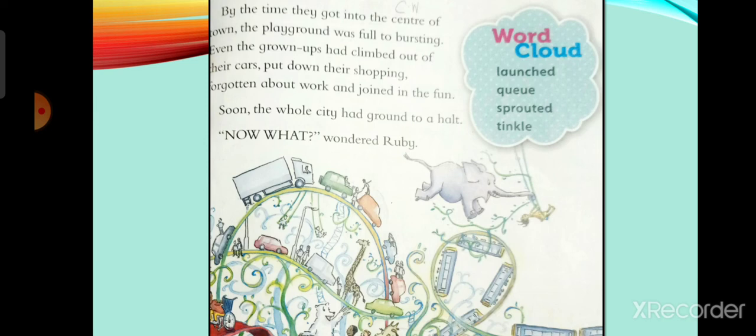They have forgotten everything. The whole city stopped working. They were just enjoying and having fun. But what about Ruby, who was just thinking about more adventures?